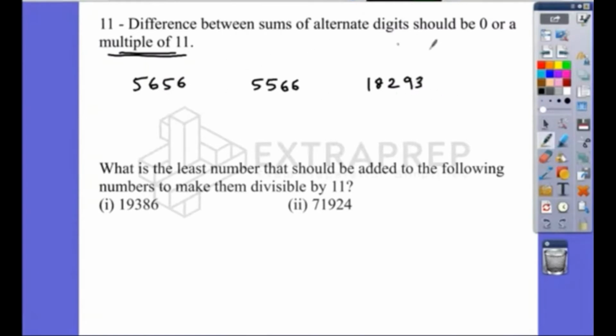Okay, so the sums of alternate digits, alternate like this, you'll have to take their sums. I've given this example to make you understand. In one place there can be 3 digits, the other place there can be only 2 digits also. Here the sums of alternate digits are 6 plus 6 is 12, 5 plus 5 is 10, 5 plus 6 is 11, 5 plus 6 is 11, 1 plus 2 plus 3 is 6, 8 plus 9 is 17. Now you'll have to take the difference. Difference is the larger value minus the smaller value. It need not necessarily be first minus second. Larger value minus smaller value is 2.